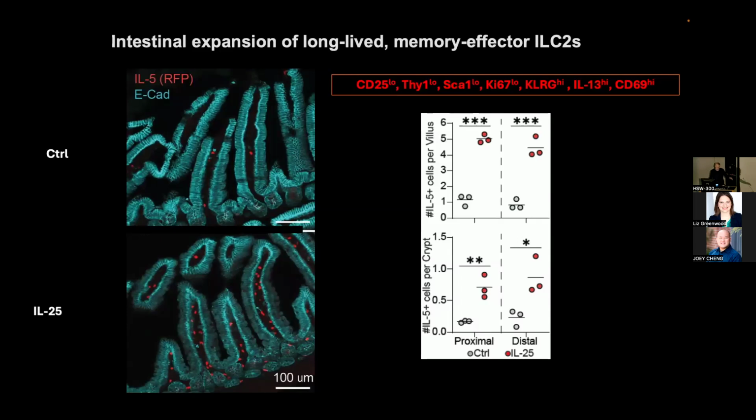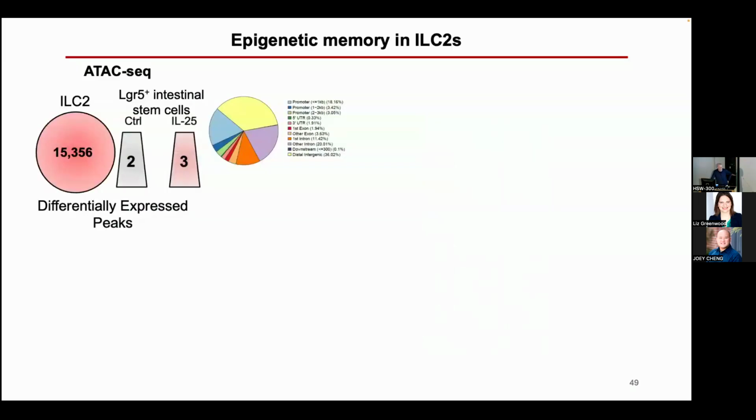And they have a phenotype, and they had a low proliferative rate that's consistent with memory effector cells that have been seen in a lot of lymphoid populations. Really, super CAR T cells have this phenotype that we'll get into. That is, they're CD25 low. They downregulate stem-like genes like Thy1 and SCA1. They don't proliferate much. They're KLRG high, activated, and they express these cytokines, and they're tissue resident. A lot of TGF beta receptors, a whole slew of TGF beta receptors.